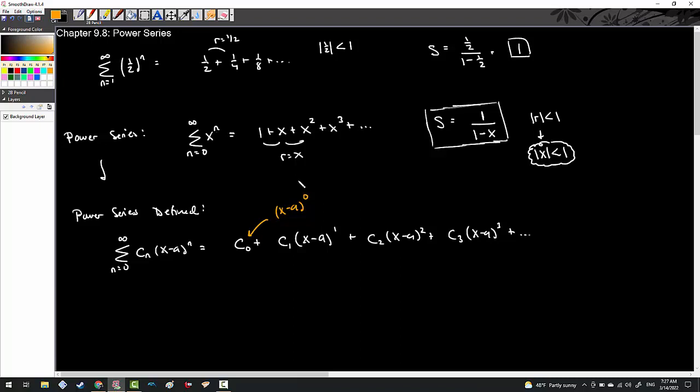Now, let's go ahead and take a look at an example. What I'm going to have us all do here is we're going to be given a series, starting from, say, n equals 0 to infinity. Let's see. x to the n over n factorial. So what we're actually going to do is just expand out the first few partial sums. So we're going to say expand, let's say, the first 4 partial sums. So let's see here. What does that mean? S sub 0. Well, again, what does that mean? It just means that I'm going to plug in